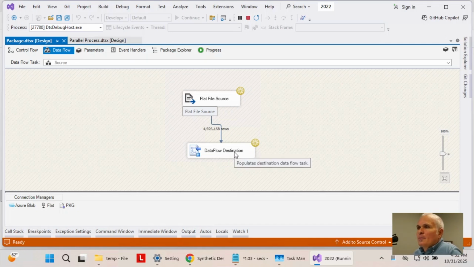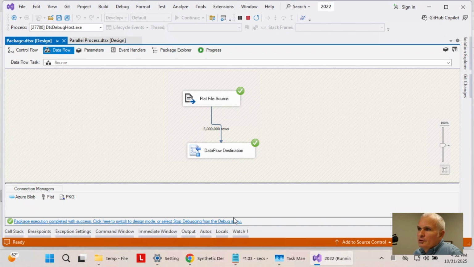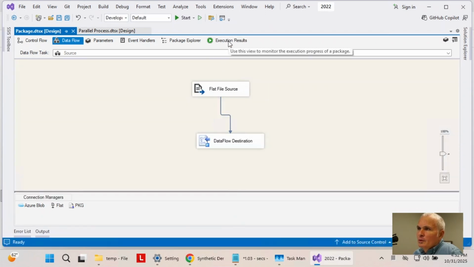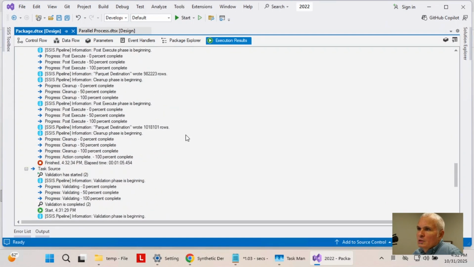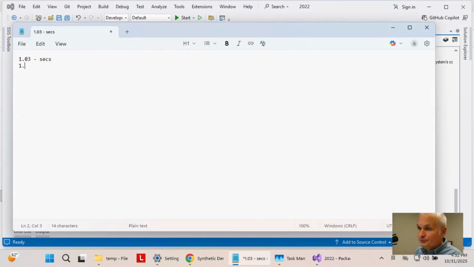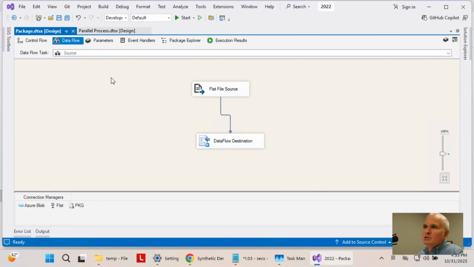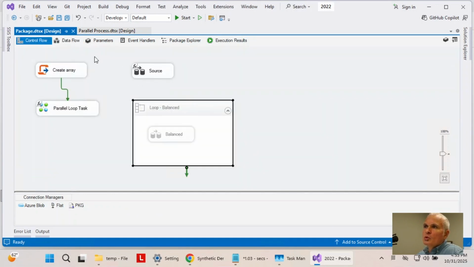Okay, so we are almost there. 5 million records are finished processing. And we have the files ready. The execution is complete, and we can see that the execution completed in 1 minute and 5 seconds. So in terms of performance, we are doing really good. It is actually great. We don't get any performance hit, and we now have a new design, which is a flexible design, and which is going to work for any scenario that we have in our